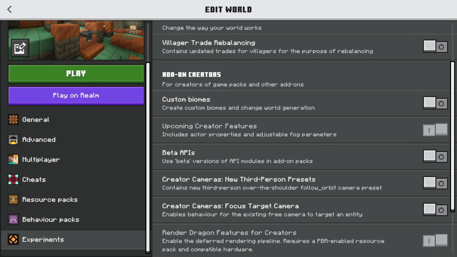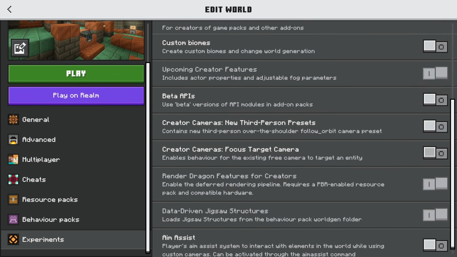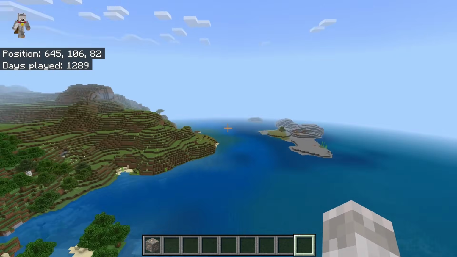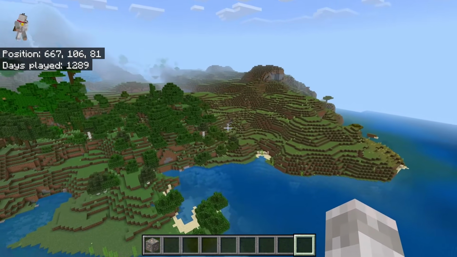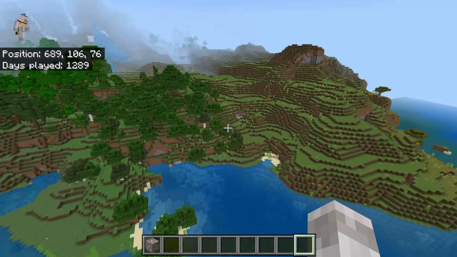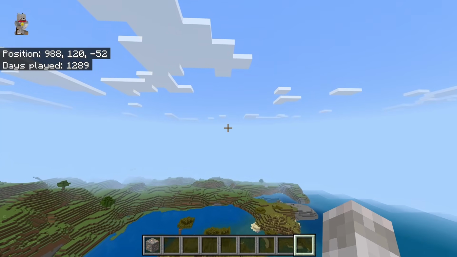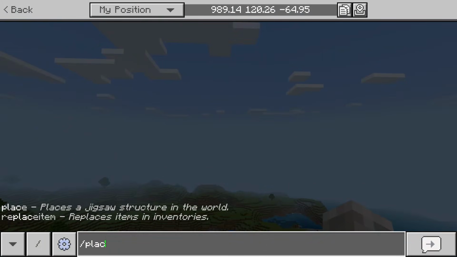So when you're creating or editing a world, make sure you have upcoming creator features on, as well as the Jigsaw block experimental toggle as well. You can find these under the Experiments tab. I'll let you know in the pinned comment when this is fully out and when you no longer need the experimental toggles enabled. To use the place command on Bedrock Edition, go into chat, type /place, and then you have